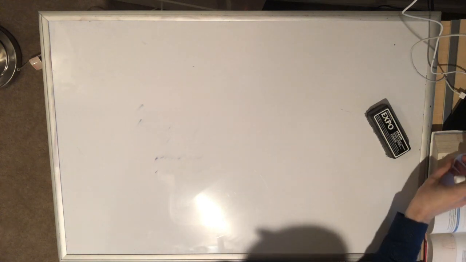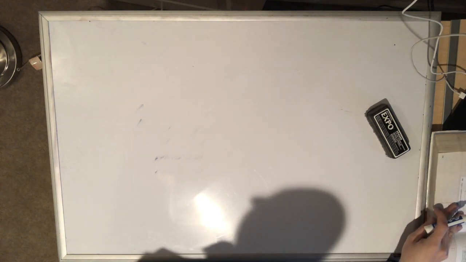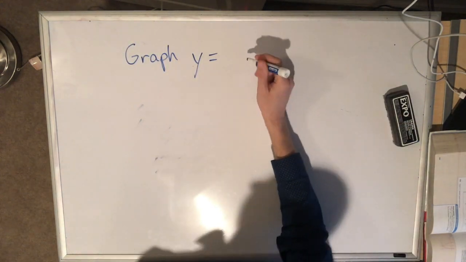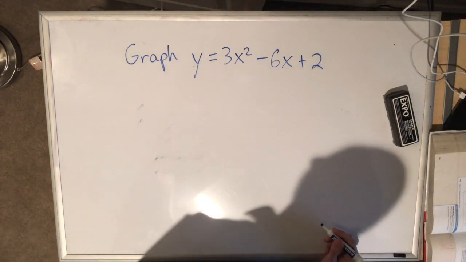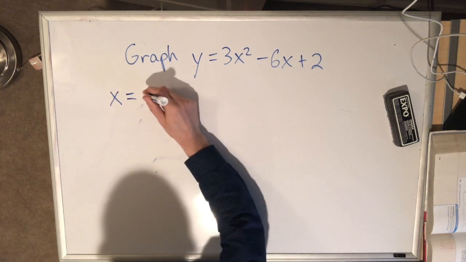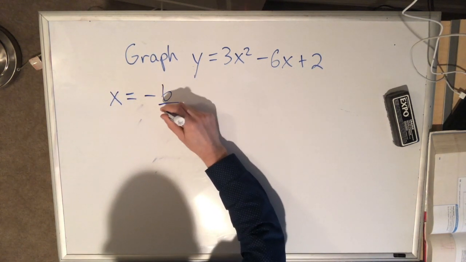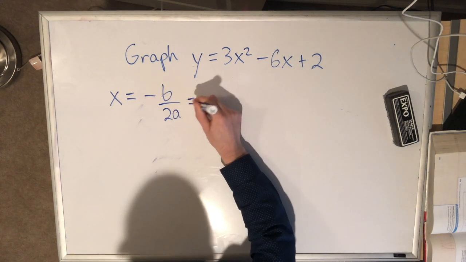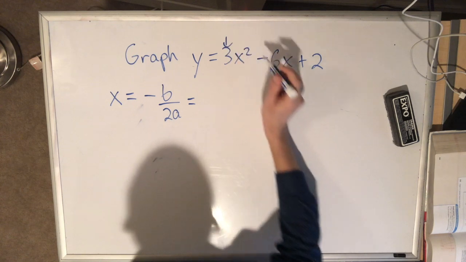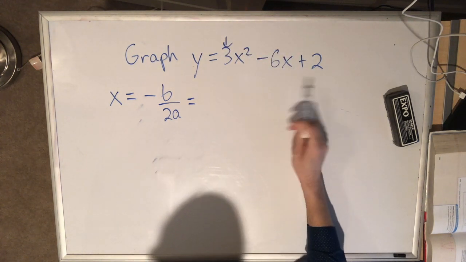Okay, example 2, graph y equals ax squared plus bx plus c. Let's use the formula we learned in example 1, x equals negative b over 2a, to find the axis of symmetry. And remember, whenever you're given a quadratic function or equation,